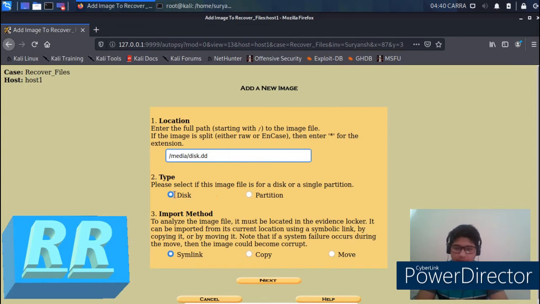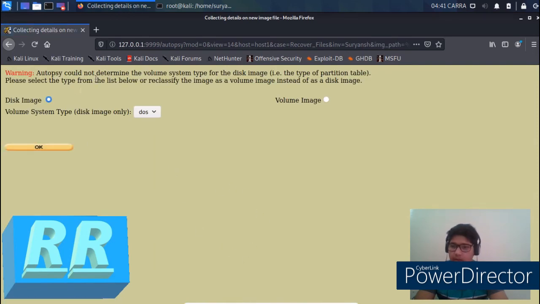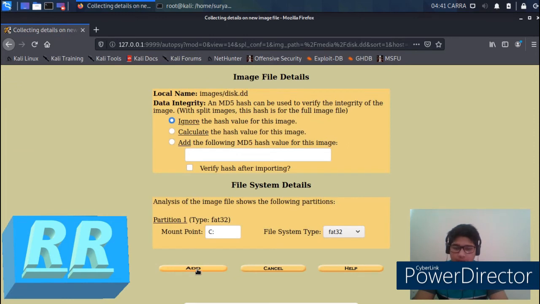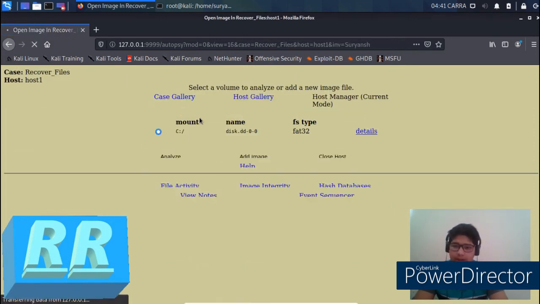Now type that it is a disk, import method symlink, next. Okay, so it is a volume image, not a disk image. Now it has DOS. For this, ignore all. Now it is added.